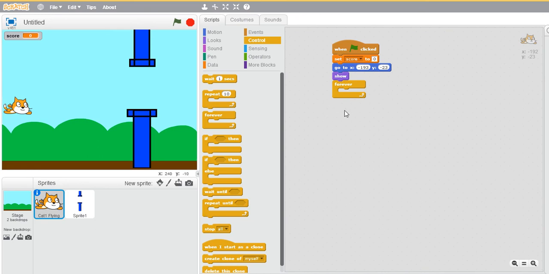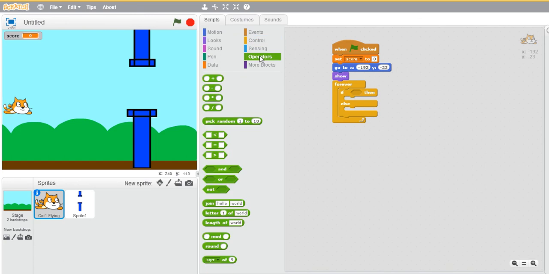Now if I press, say, space, then it should jump. If I press W or, say, two keys, I will give two keys. If either of the keys is pressed, then we will jump. So let's get an if else block. We need an operator here, or.